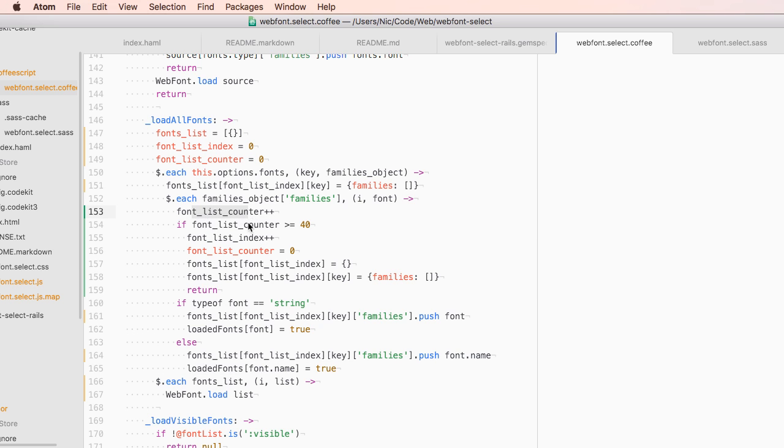It adds one to the counter, sees if it is at or above 40. If it is, it adds one to the index, resets the counter, creates a new object at that new index, and then adds a key and a blank families object at that new index, since we are on a new index at that point. And at that point, we go back into this